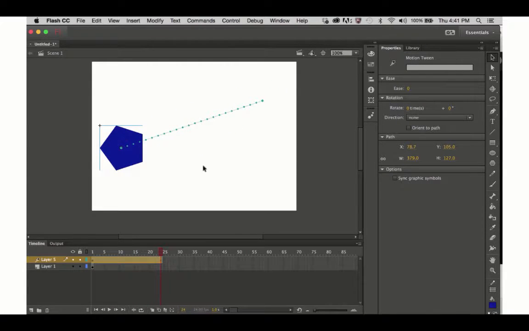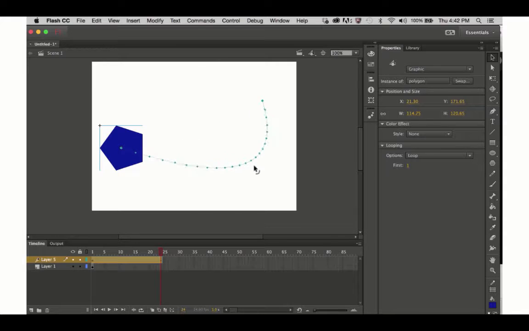Now, so far everything is the same. This would so far be the same with traditional cell animation with keyframing and tweening if I have one keyframe and an ending keyframe. All right, but this is where it starts to get a little bit different. If I take my arrow tool and hover over that line, you see it gets a little curved line underneath it. Well, if I wanted to, I could drag it and change the direction of this path. All right, and